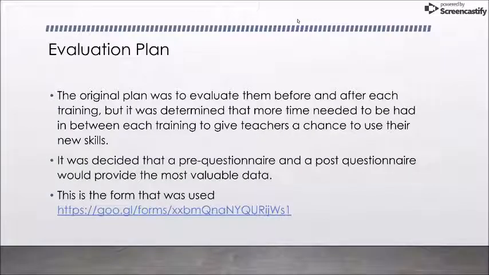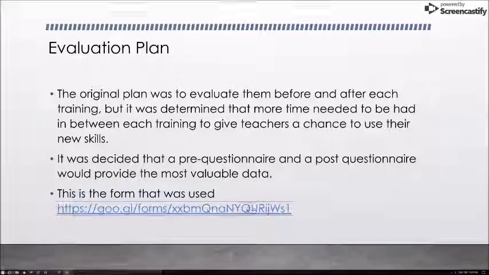The evaluation plan: the original plan was, after each workshop, to do a before and after Google Form, but I decided that they needed time to actually use what I had taught them. So I decided to do a pre-questionnaire in August and a post-questionnaire in March. The form that I used is right here,